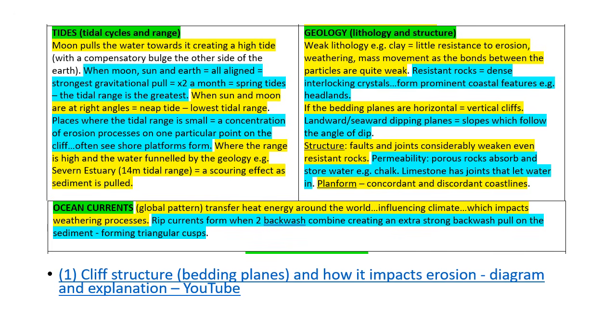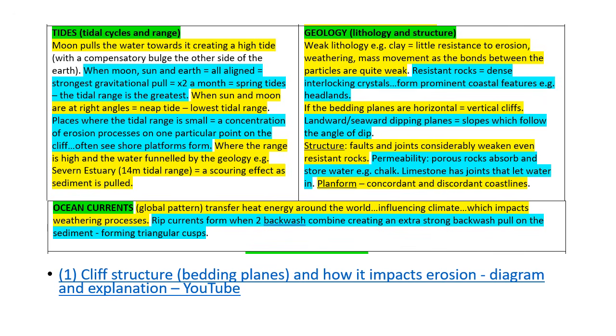The next physical factor is geology. When we talk about geology, we need to talk about lithology and structure. Lithology is where we talk about the resistance of the rocks. So where you've got weak lithology, like clay, you will have little resistance to erosion, little resistance to weathering and mass movement, because the bonds between the particles are quite weak. Then you've got, on the other hand, resistant rocks with dense interlocking crystals, and these will be your prominent features in the coastline. These will be the things that stick out or stick up because they've not been able to